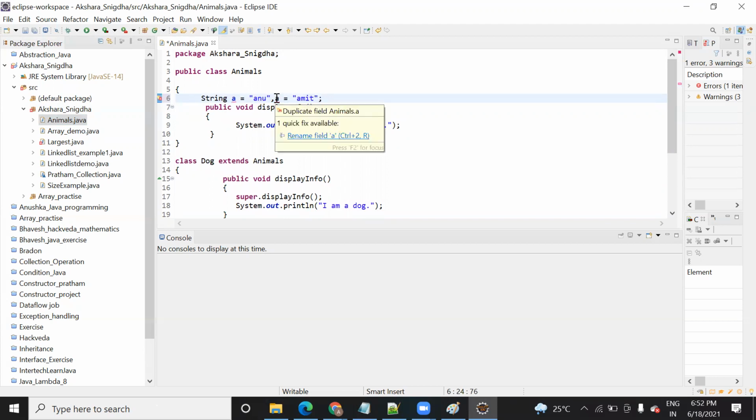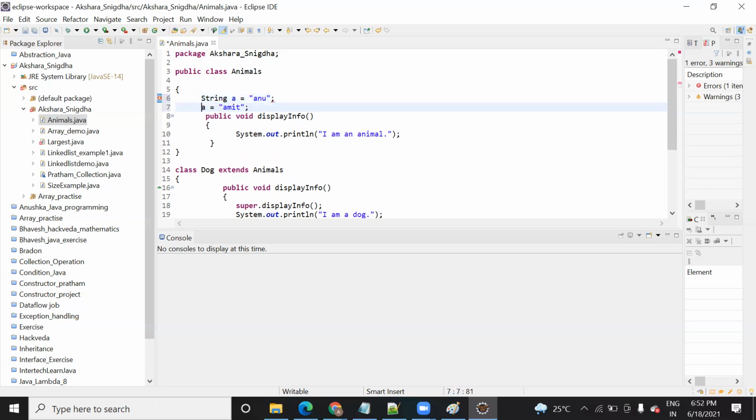Okay, let's see that. We initialize it like this only. Yeah, a is equal to 1. But how will you initialize the string value in that case? If you remove this, instead of the comma, we can just put a semicolon. If I remove the semicolon, I put it. What's the error that you see? Syntax error, token comma expected. You have used a terminate symbol. Syntax error on token terminate. You can see expected comma.